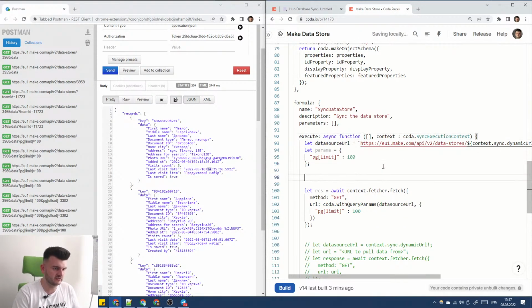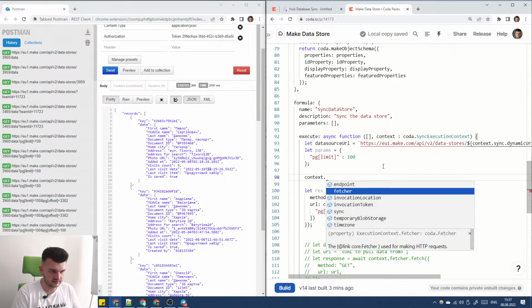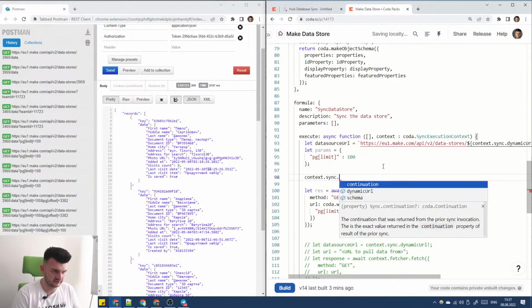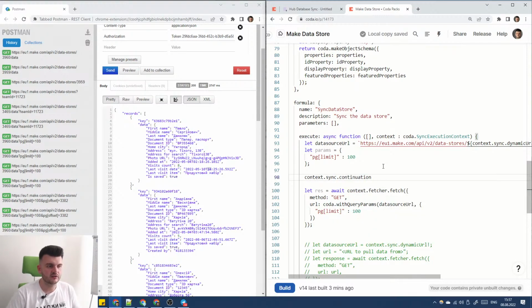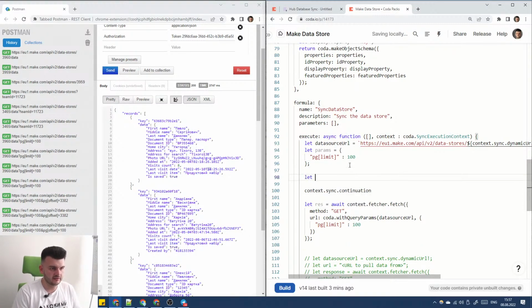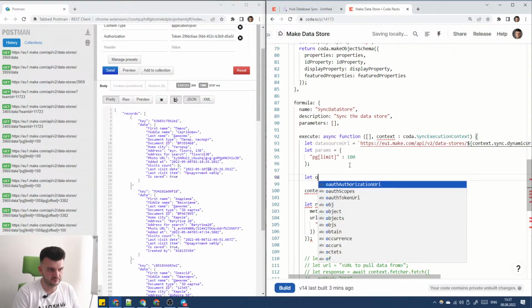And now it's going to let me access context, continuation, get the continuation data. So let offset